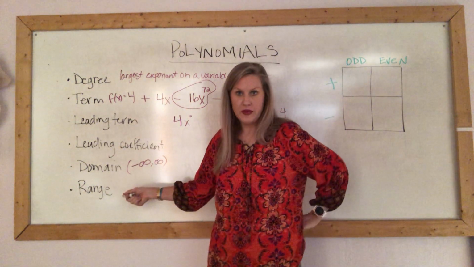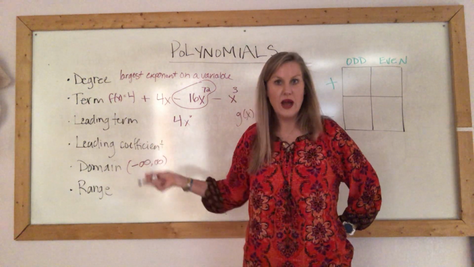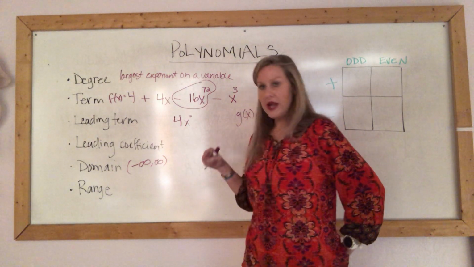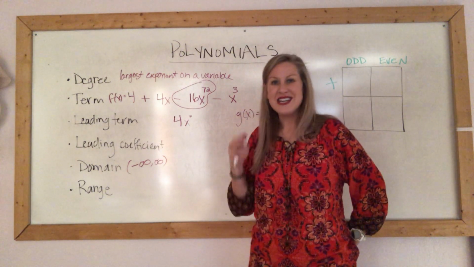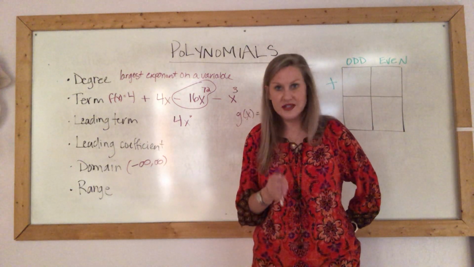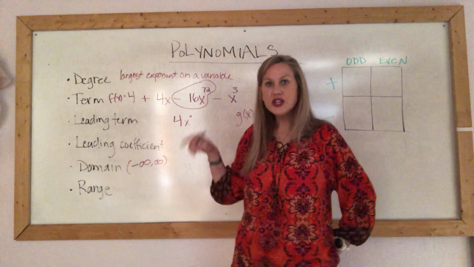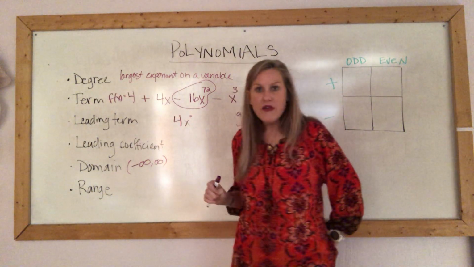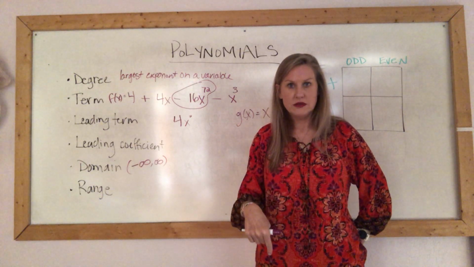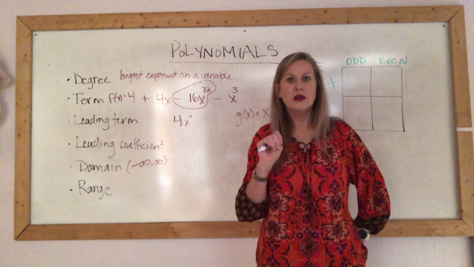The range of a polynomial, again, range of anything, is how high does it go, how low does it go. And so on the range, this is something you'll just need to memorize. You'll need to learn. It's going to work every single time, but you need to learn it. If the degree of the polynomial is an odd number,